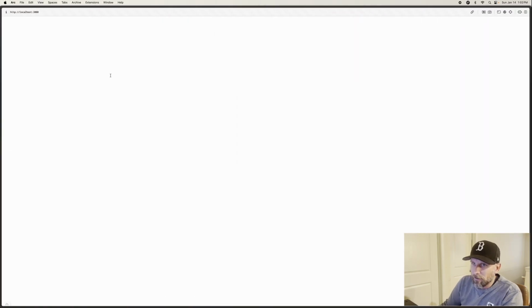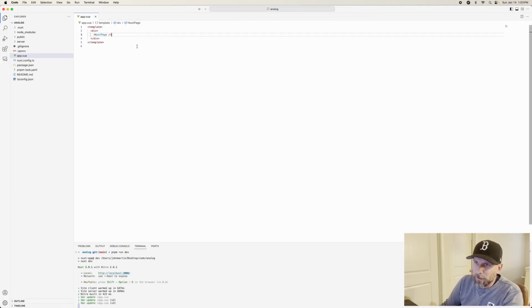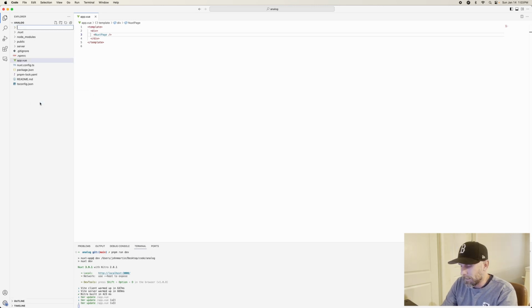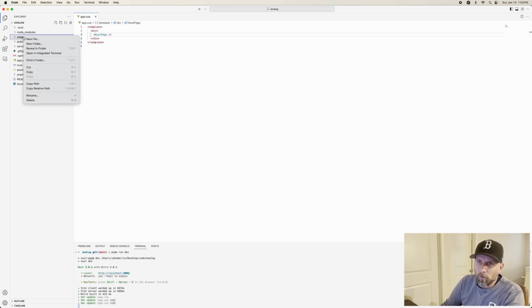If I save this now, it's probably going to break the app, right? So now you don't see any of the writing, you don't see anything. And it's because it doesn't know where to point. So what we need to do is add a new folder and we need to name this pages. This is a protected name. You have to name it pages. And once you do,